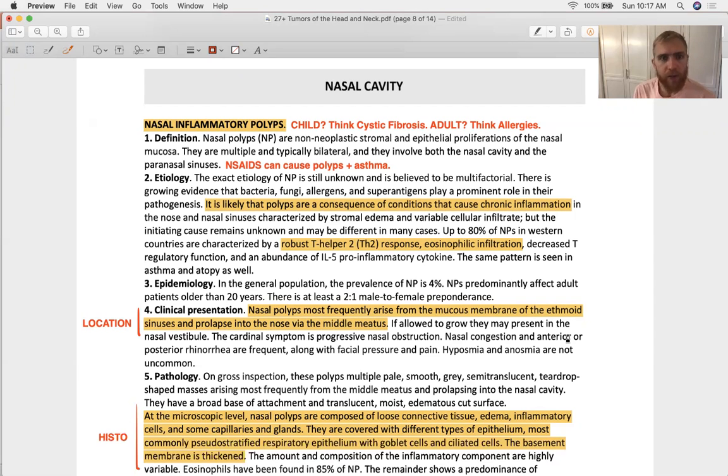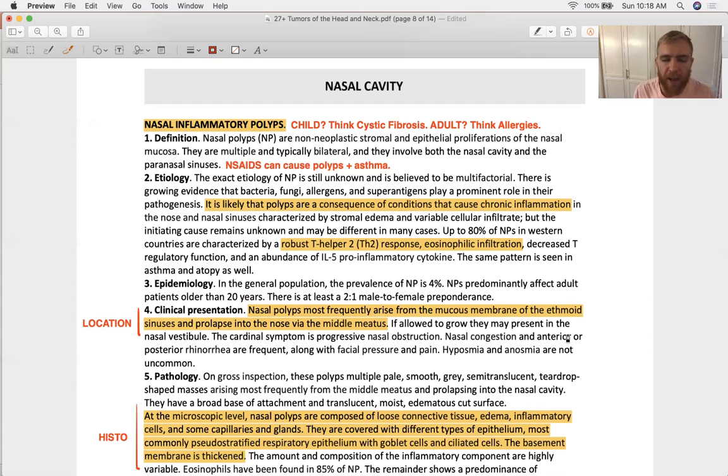Second thing I want to say is that the most common cause of polyps in adults is going to be allergies, typically seasonal allergies, but it can be something a little bit more specific than that. Polyps can also be associated with asthma. And when polyps are associated with asthma, you ought to check to see if the patient is on NSAIDs, because NSAIDs block cyclooxygenase. But the cells of your nose, even when cyclooxygenase is blocked, well, if you remember your arachidonic acid metabolic pathway,